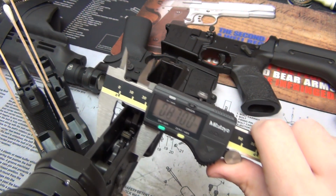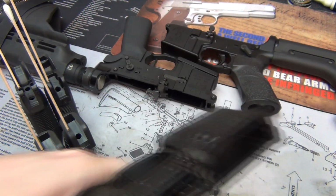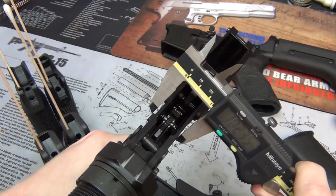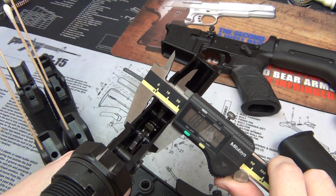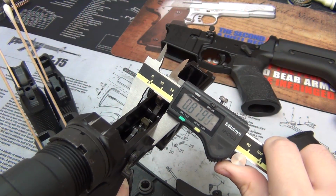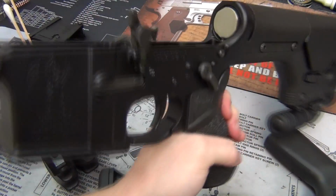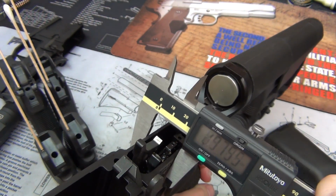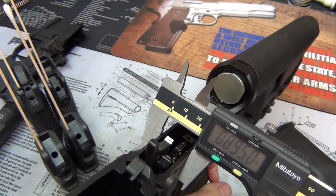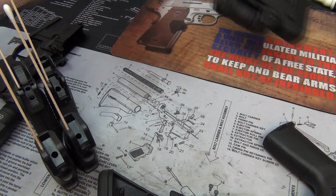So this is at 0.870. Okay, now that one's forged. So now we'll do the billet. 0.8785. It's a little wider there. And here's the Reaper Tactical forged. 0.895. So as you can see, there are variances there with the receivers,